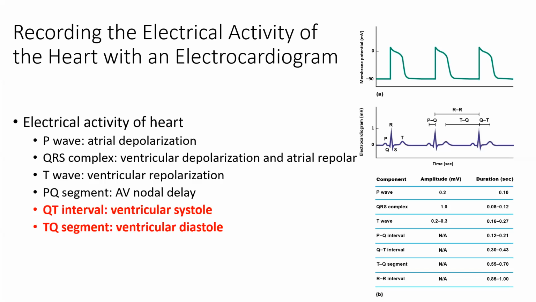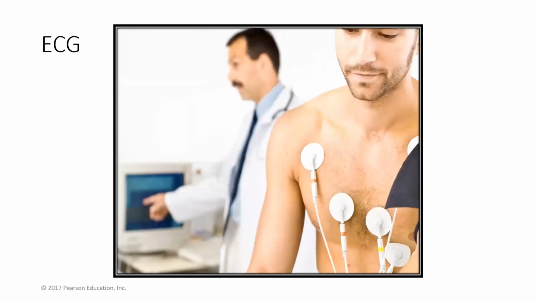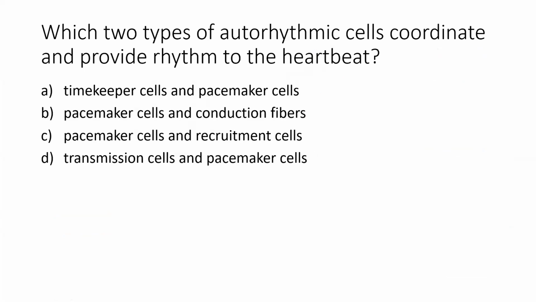But what I really want you to focus on is the normal QRS, the normal electrocardiogram reading and what those parts of the reading mean. So what does the P wave stand for? What does the T wave stand for, et cetera, and not so much how we do the EKG or any type of abnormalities with the reading. Okay. All right, and I've also posted this video on Brightspace, so you can refer to this video to give a bit more clarity on this. Okay, so that's the end of packet